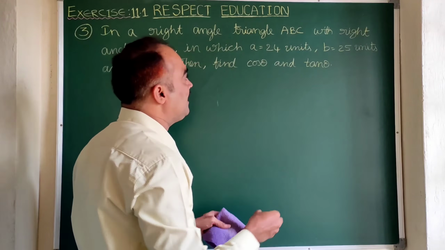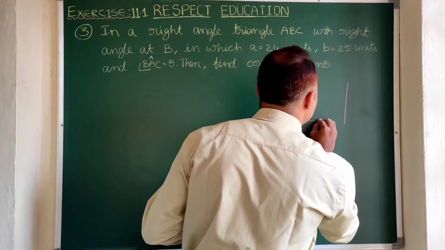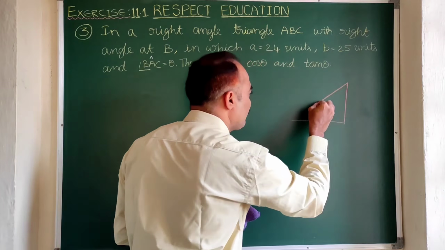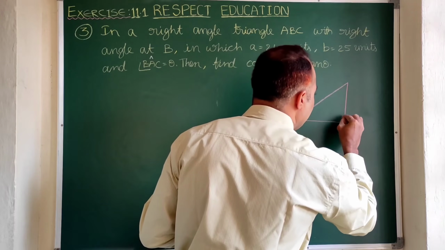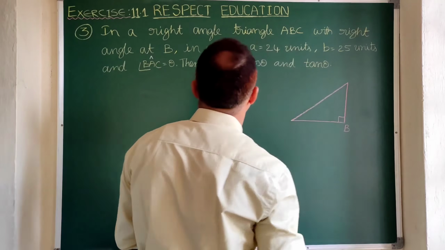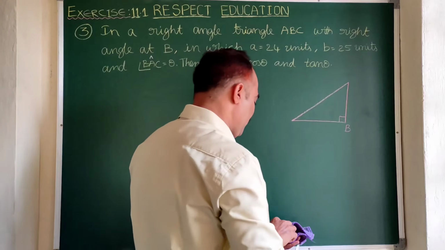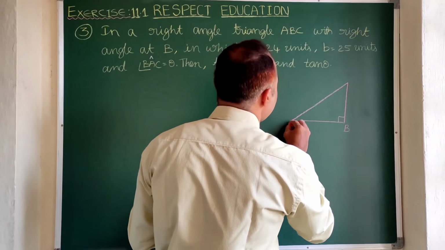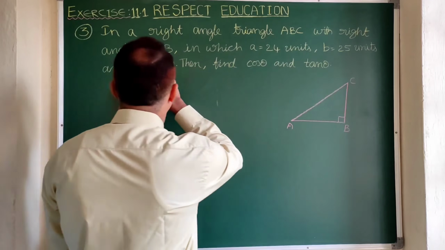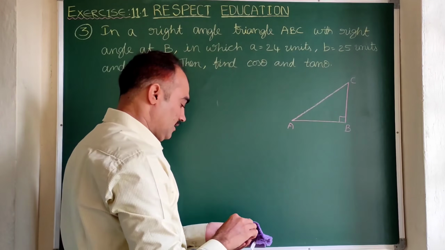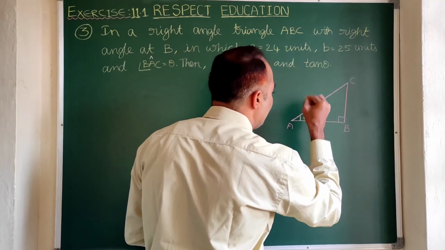First let us draw the right angle triangle at B. So here this position is to be given to B. This is fixed. Okay, right angle at B. A and C are our wish. So here I am writing A here and then C here. Here the angle at A will be theta. So let us write this angle at A as theta.